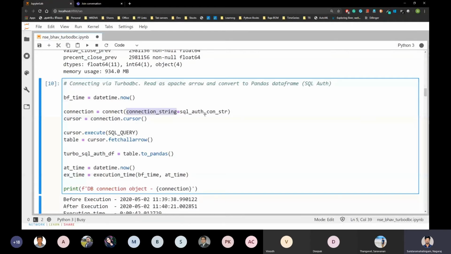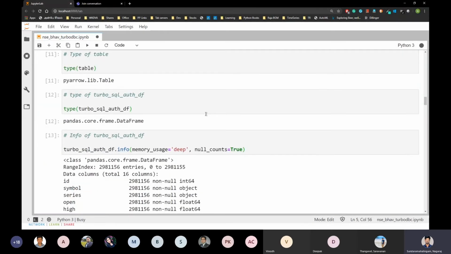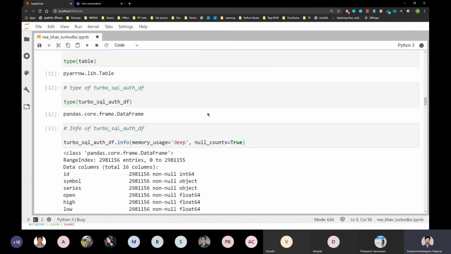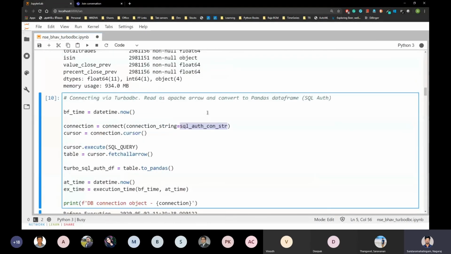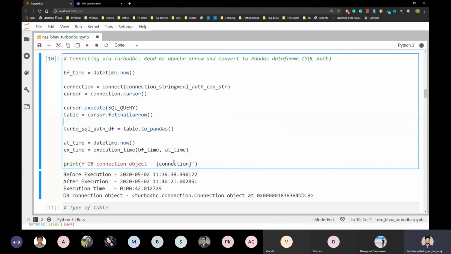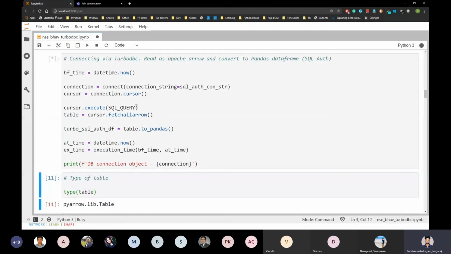The connection string can be SQL authentication, and I also have Windows authentication. So with the connection cursor, I'm fetching all the records as Arrow. I'm reading the SQL table as an Arrow table, and then I'm converting that Arrow table to a Pandas data frame. Let's execute this.